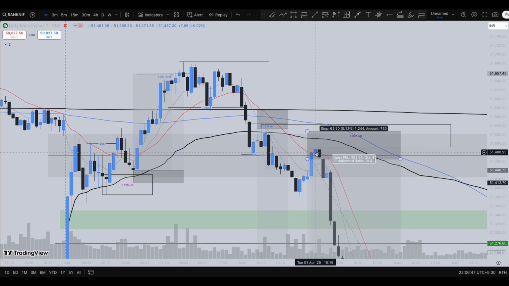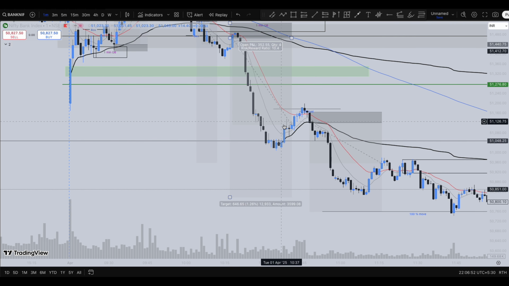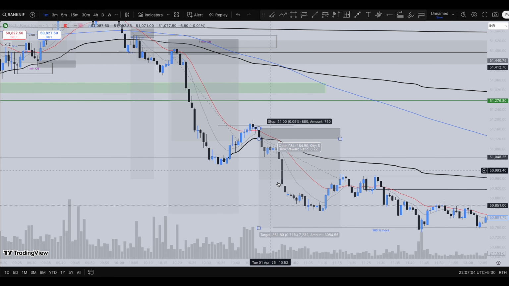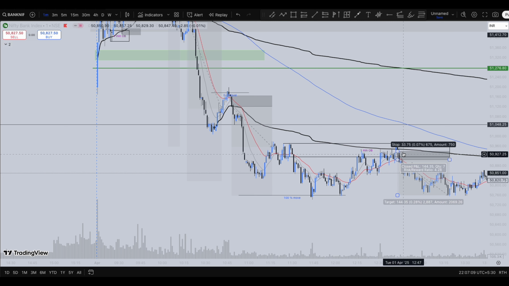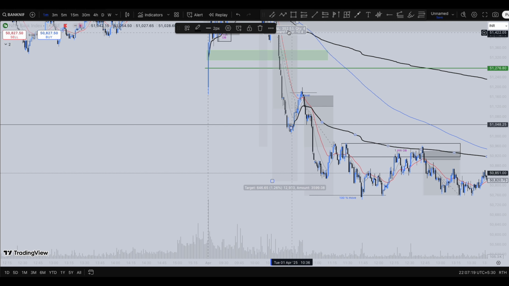Again, it retraced all the way to this level, and here the market rejected price and continued further selling towards the downside. If you consider this swing, the market again retraced to the 0.38 level, and here is another bearish candle breaking the 21 moving average and 9 moving average towards the downside and closing below that zone, where you could have taken a short position and traded all the way to the 100% move. And here is another trade setup you could have taken after seeing this kind of resistance at this anchor gap level, guys.